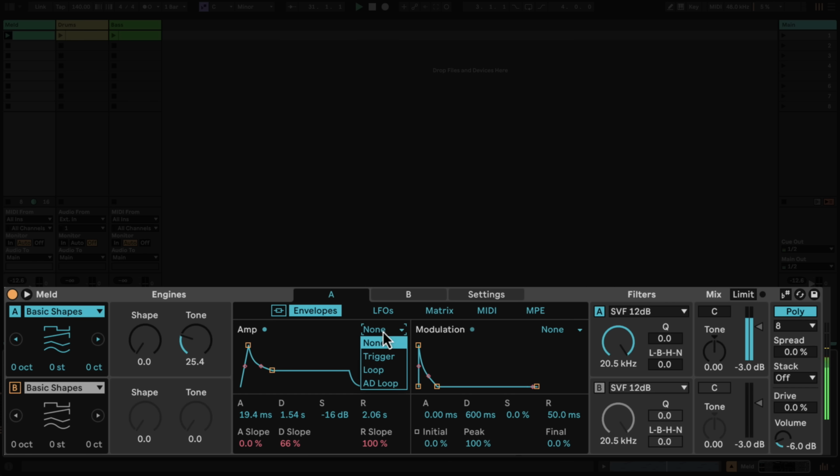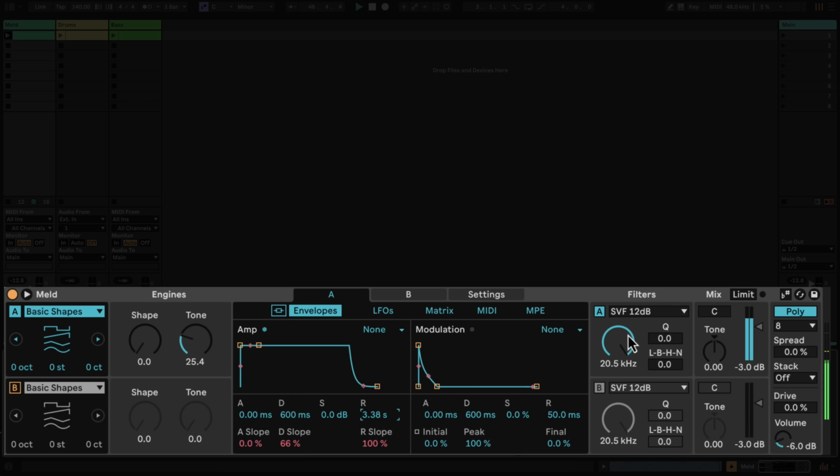I can switch the amp envelope mode to trigger, which ignores the sustain section, loop, which loops the entire envelope over and over again, or AD loop, which just loops the attack and decay. Let's take it back to the default none here, reset most of these, and just turn up the release.